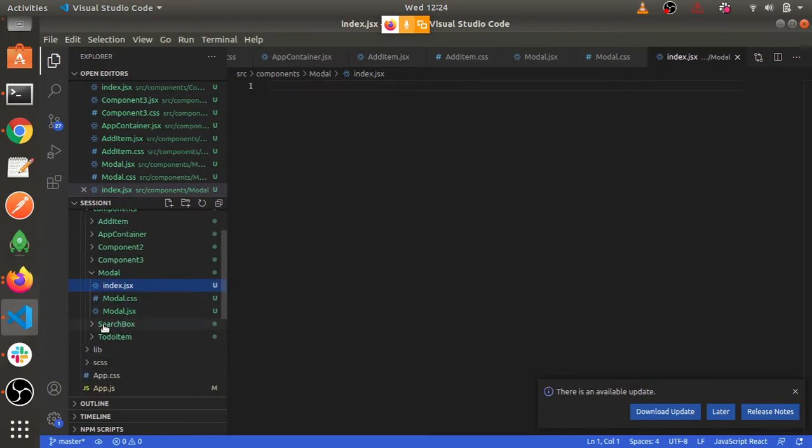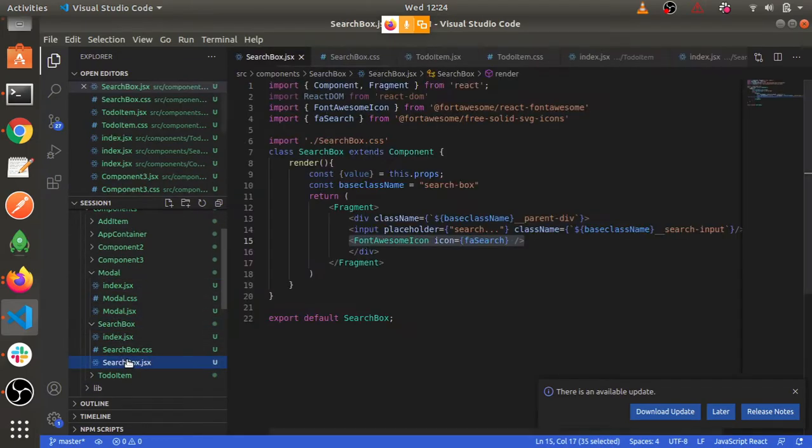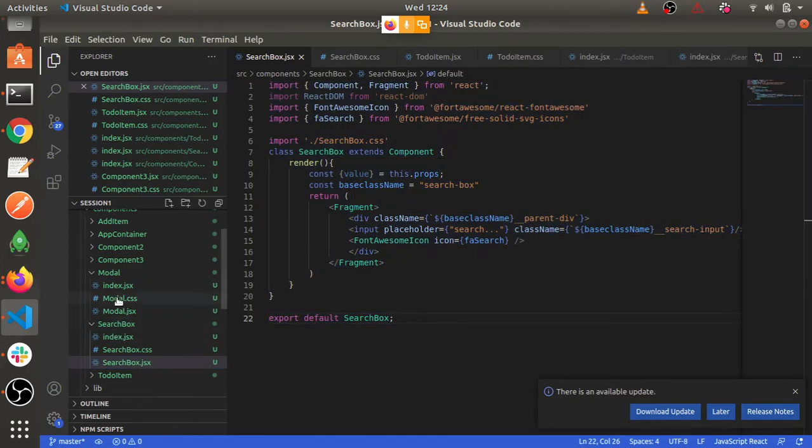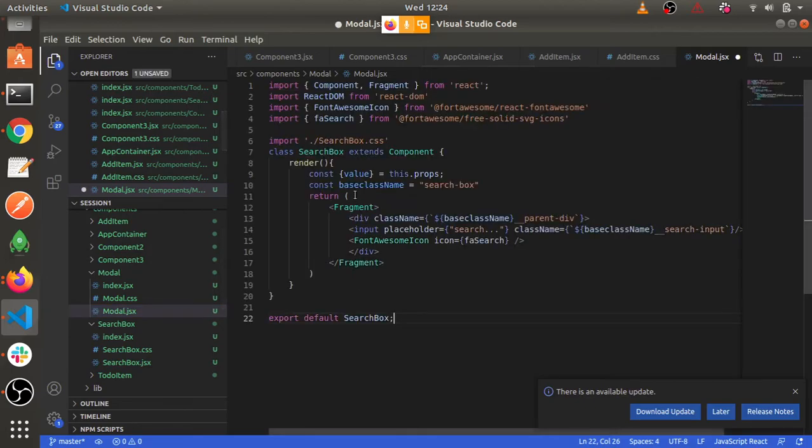Again, we are lazy people, so we will copy paste it and rename it modal. I can do it directly. We are extremely lazy, so I'll do Control F, search for search box, and all the search box will be replaced with modal.